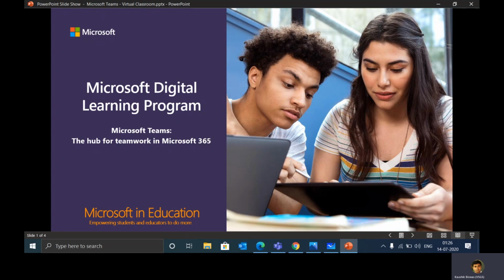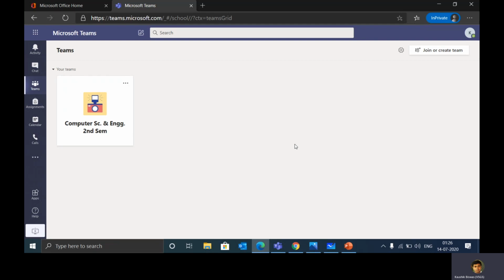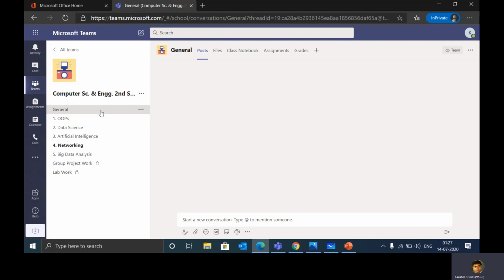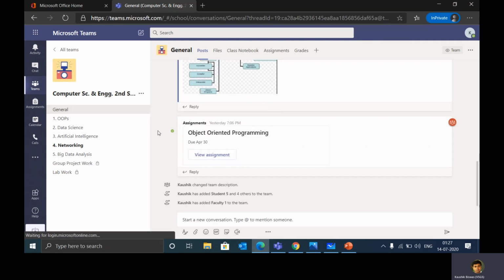First, we will see what a virtual classroom is and what its features are. If we come to the Teams window, we can see on this screen that the professor has created one virtual classroom named Computer Science and Engineering second semester. If we get into this virtual classroom, we can see